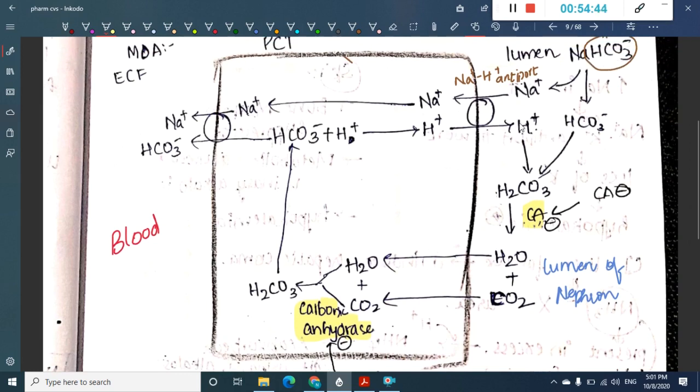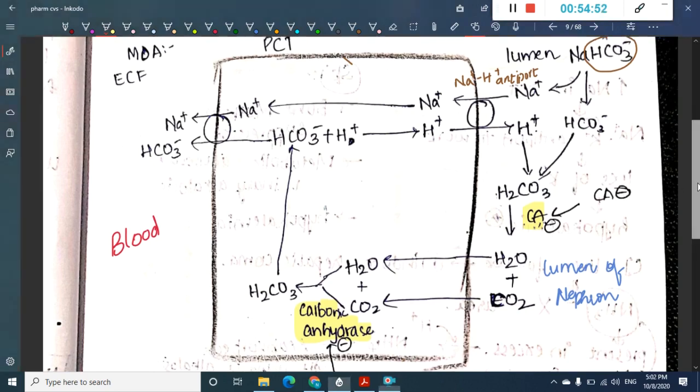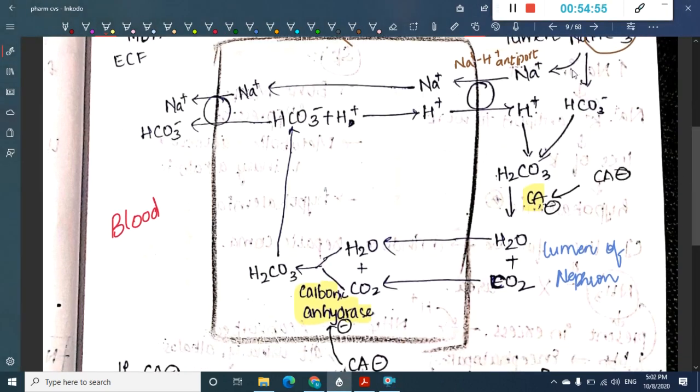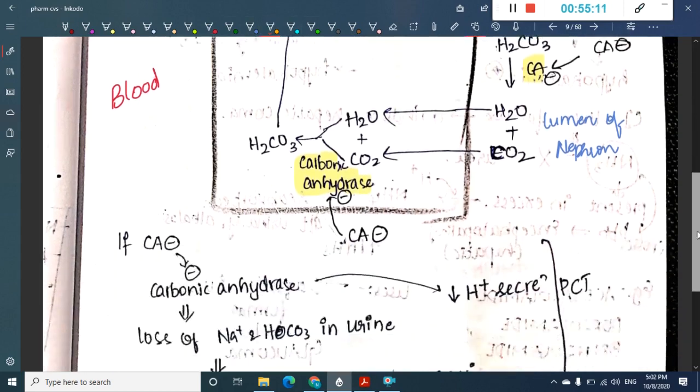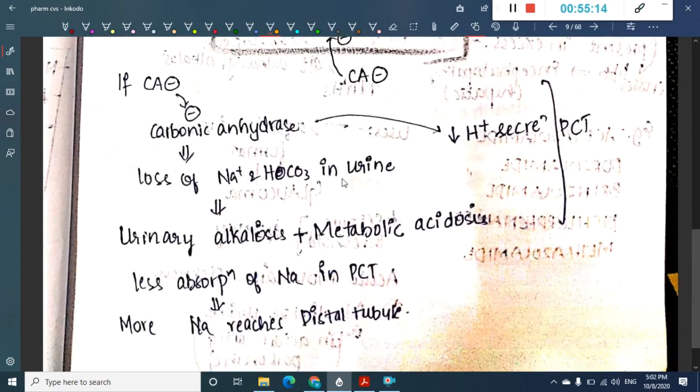For this cycle, H plus is the transporter which is used. So if you see, this H plus is a carrier which is helping in absorption of both sodium and bicarbonate. So if we use carbonic anhydrase inhibitors, obviously this absorption of sodium and bicarbonate is stopped. As a result, the sodium and bicarbonate are excreted in the urine. So that is what is happening. Sodium and bicarbonate are lost in the urine. When sodium is lost, then it is fine. When bicarbonate is lost, this loss of bicarbonate is in the urine.